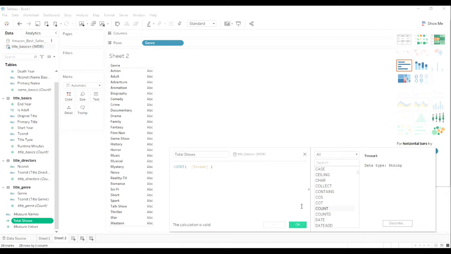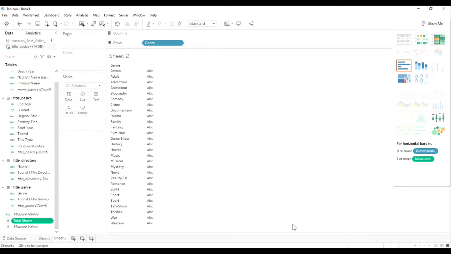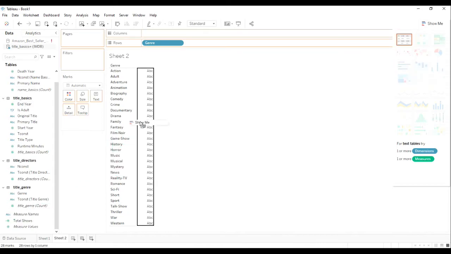I don't need to do anything else with this, so I'll just hit OK and close this. Now, if I want to add this to my columns, I can click and drag either here to release it or up in columns itself. I'll click over here and highlight where it says Show Me. Releasing that